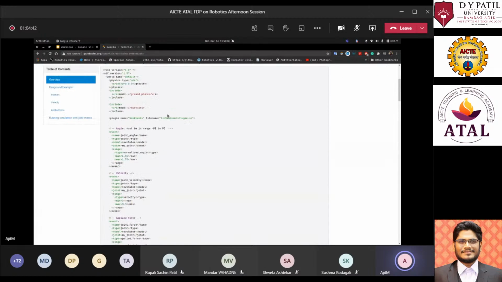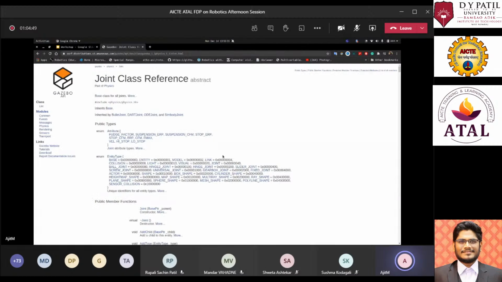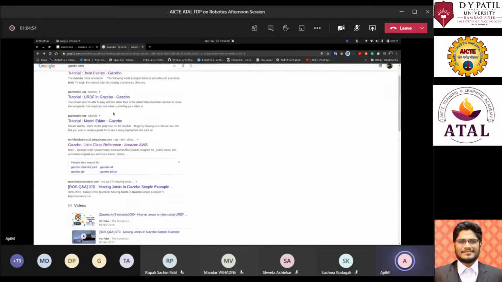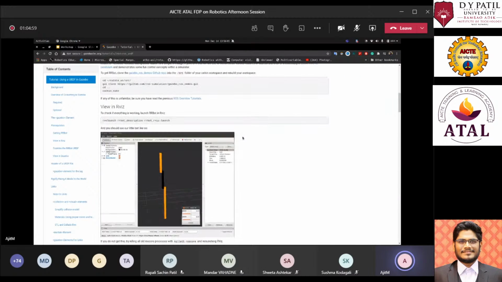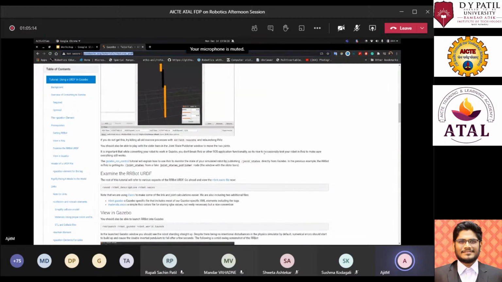Here in the Gazebo documentation, I'll share the link in the chat as well, you can see there are multiple different joints which you can define to come up with your own robot.